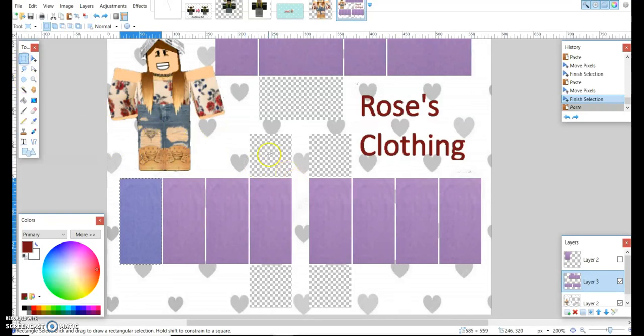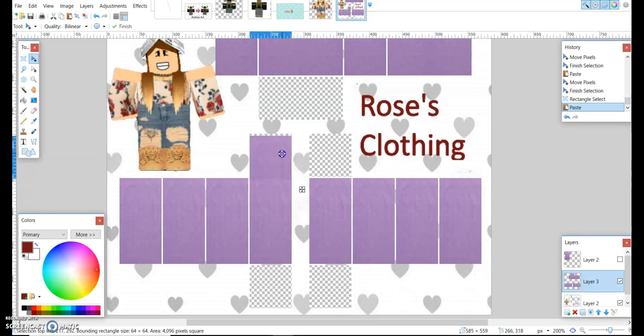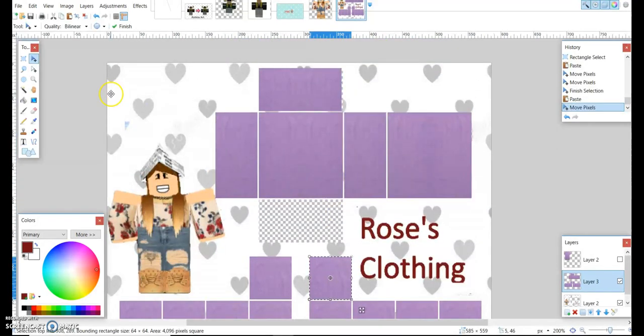So you're just going to get a 64 by 64 pixels of the fabric. Okay, so then hit OK and copy it. And then drag it up here. Oops. I think it might be a little short. Oh, no, it's not. Okay, and then drag it here. Okay, so once you do this, if you want to, it's pretty much done, except you need to make